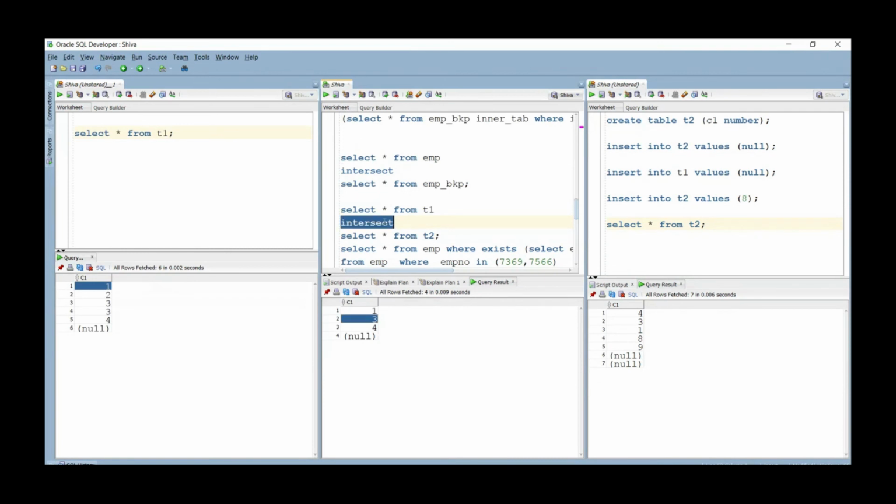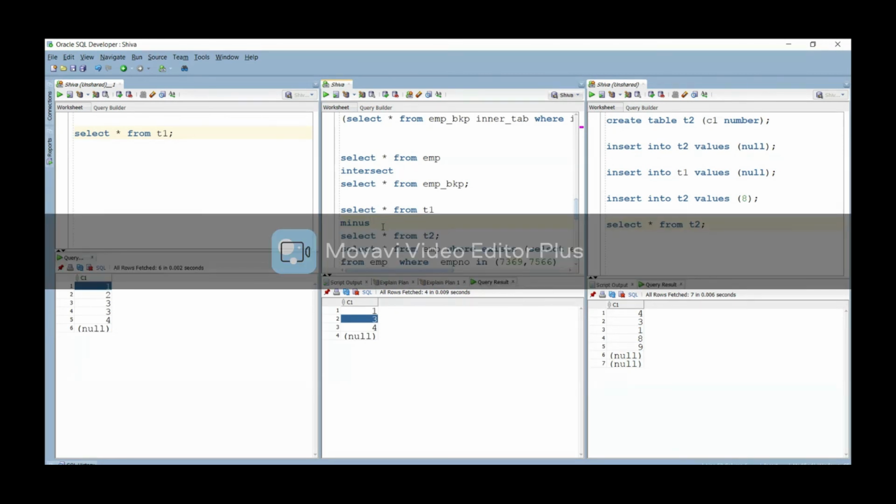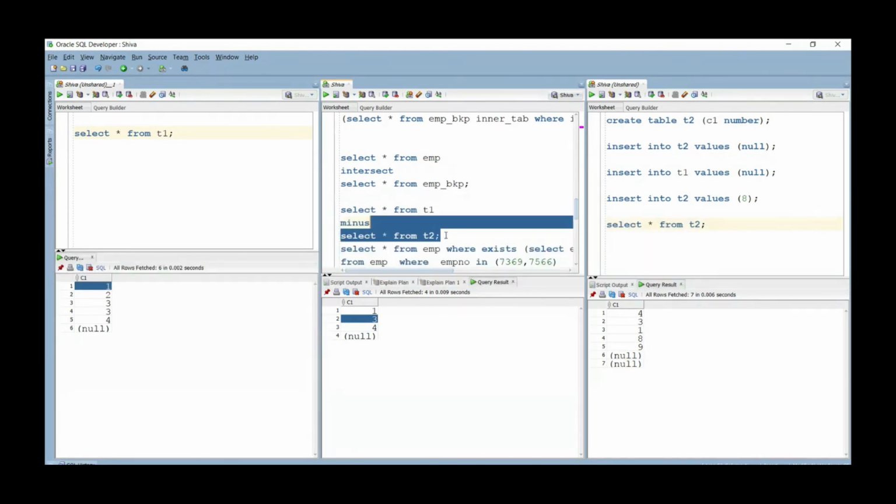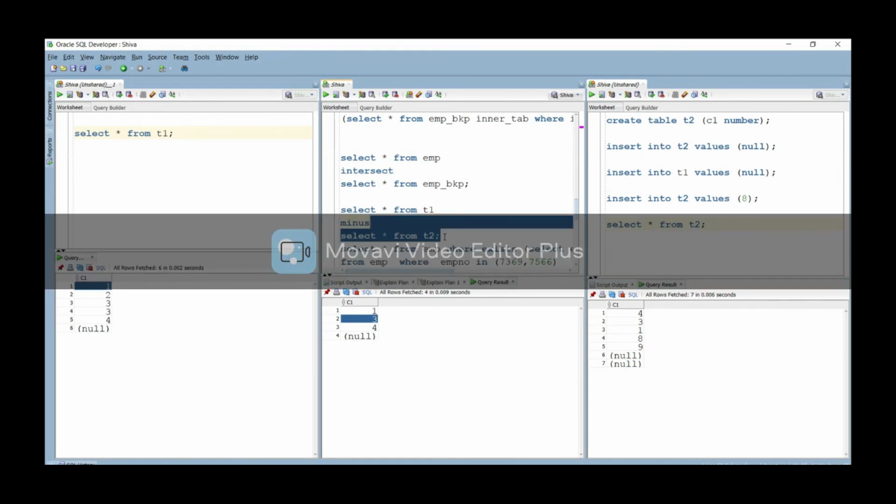Now MINUS, this is the important one. Why would you use MINUS? I will show you. Suppose T1 is yesterday's master transaction table, and T2 is today's transaction table. In today's transaction table, today's feed data comes from the client. Each day he sends some transactions.